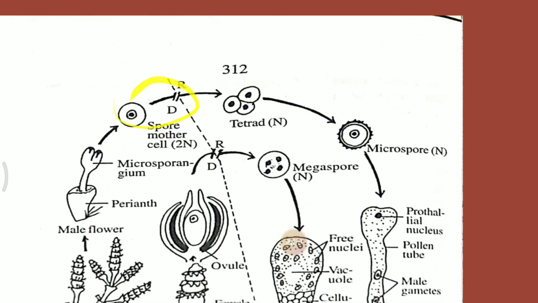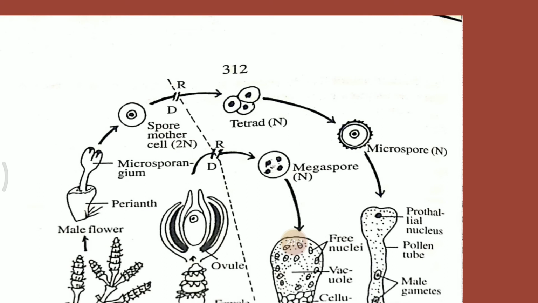Here the spore mother cell is 2n, a diploid condition. Firstly they will form the haploid condition. The female strobilus looks like a male cone. It is produced at the tip of the dwarf branch, as I told you before. Each female flower consists of a short stalk and an ovule. The ovule is made up of a spherical nucellus, and three envelopes are seen here. Integuments we can call them.